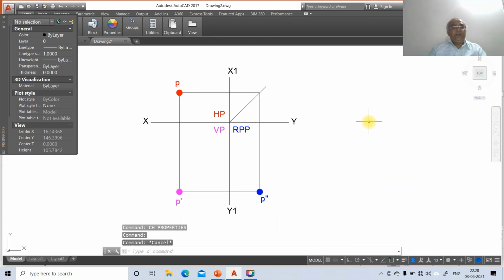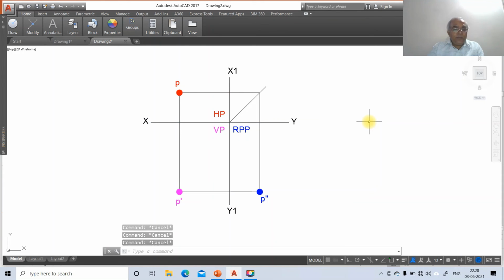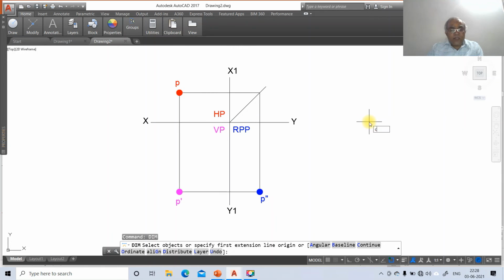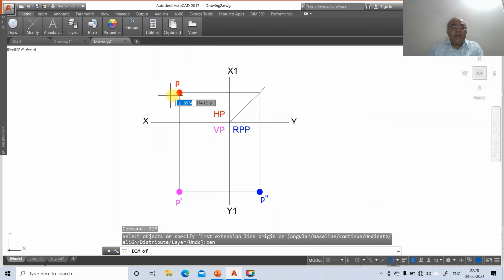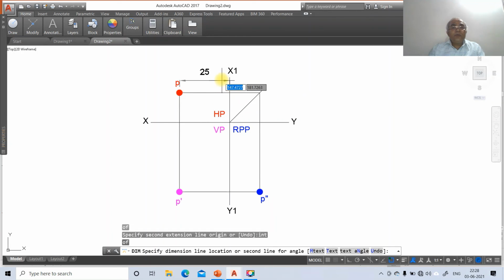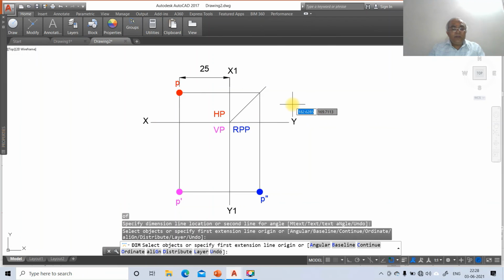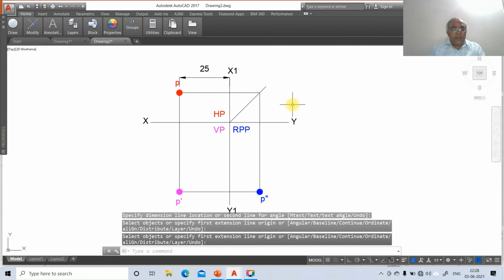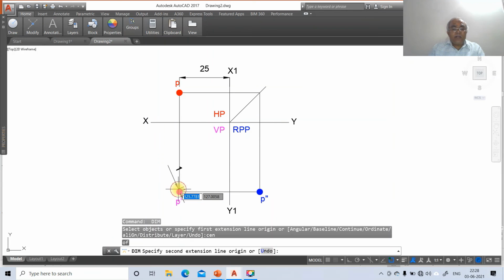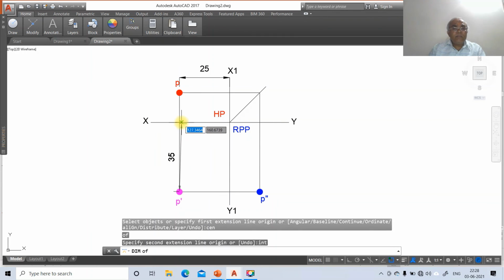XY line. So now we're going to do the dimensioning part. To do the dimensioning part, go to dim. Here, go to center of this and take intersection part of this. So you're going to get the dimension as 25. Then go to dim, center of this, and take intersection part of this.